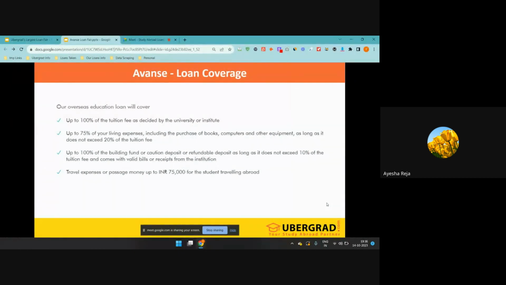And there are living expenses we will provide to the student, that also we will give, where the student can book the flight tickets and everything. Travel expenses and everything you can book from your living expenses. As well as, once you go to the USA, suppose you need more, you can submit whatever the requirement is. Based on that, we will disburse the money as well as on a tax basis. Okay.